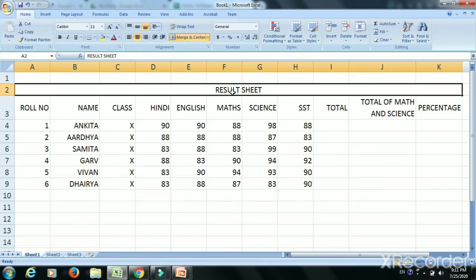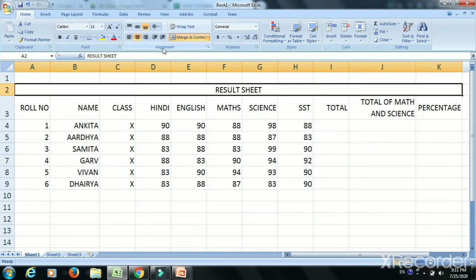Friends, you should know that these are all the menus of MS Excel, and here we are working on the home tab. This is the home tab, and this is the group which we used here: alignment, wrap text, and merge and center. This is the alignment group. So the same features are also available in the spreadsheet.